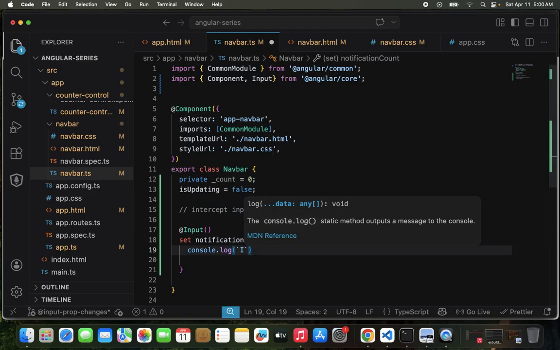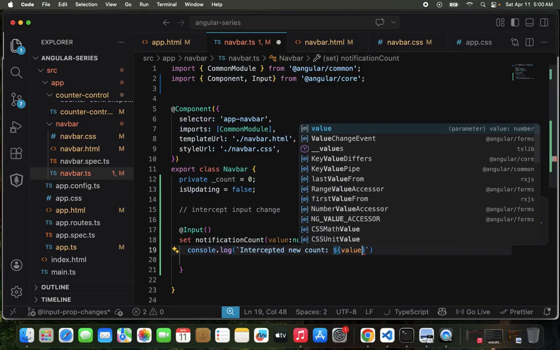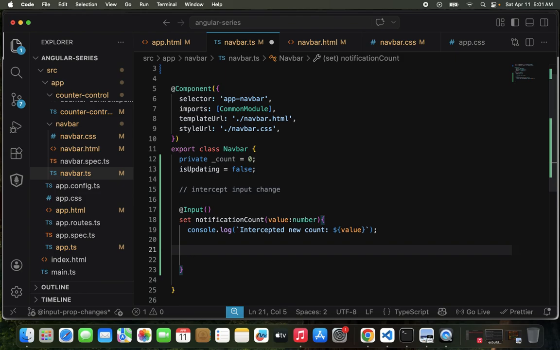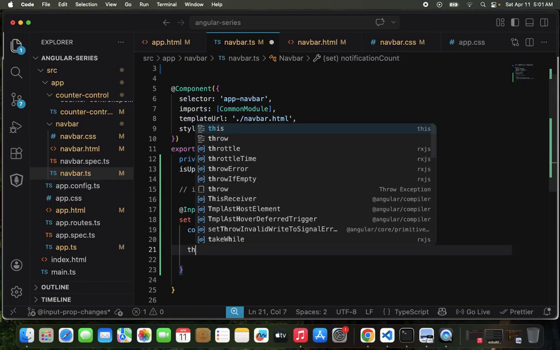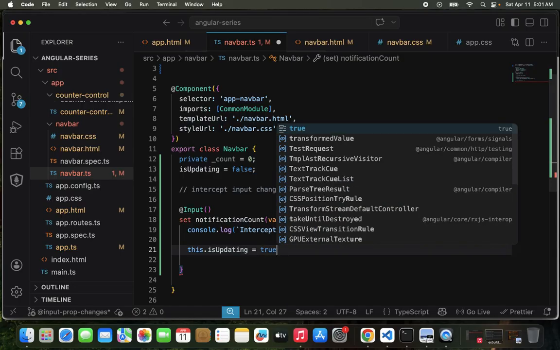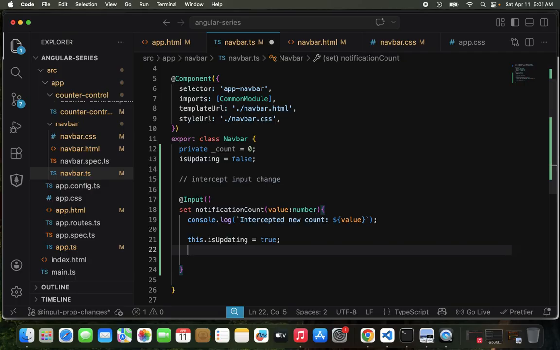Let's do intercepted new count, and then let's set that to the value. Okay, and then here let's add the custom logic for the animation. Let's do this.isUpdating equals true. isUpdating has to be true first, and then we can set a timer